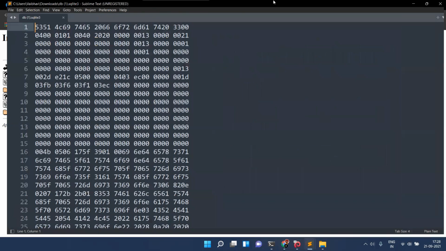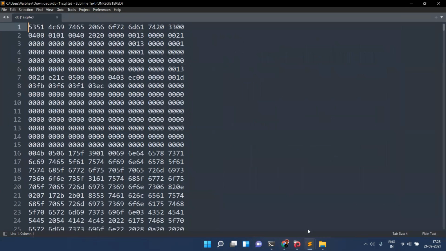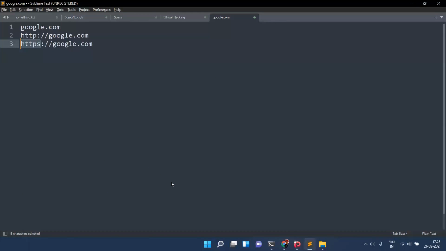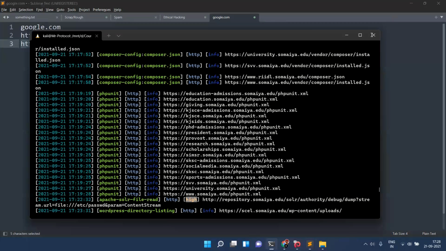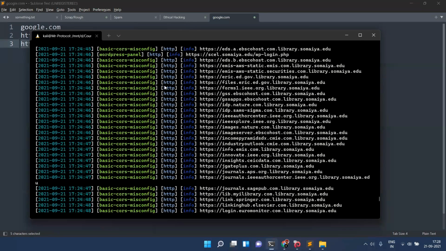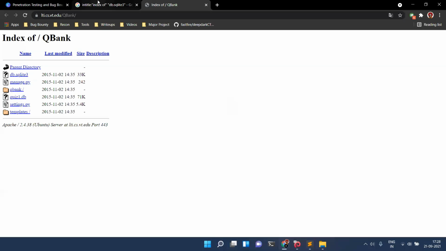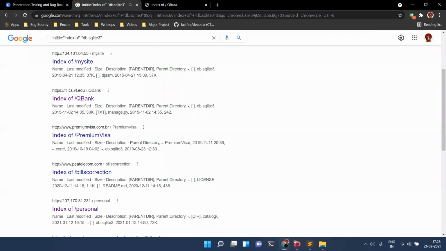This is binary encoded, but you can just import this file and you will get access to it. Perfect. All right, let me close this. Cool. Let's have a look at another one.